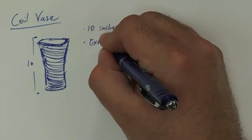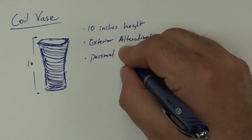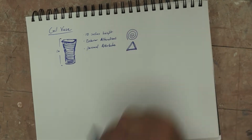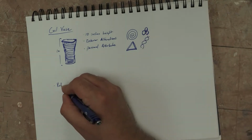Now for me, I'm asking my students to make a 10-inch vase, so it's 10 inches in height. They have exterior alterations, and they're showing some sort of personal attributes that they're putting on the piece to show that personal voice. Now for me, seeing that personal voice from my students is a definitive, like, how are they creating their style, how are they creating what they want to say about a piece,